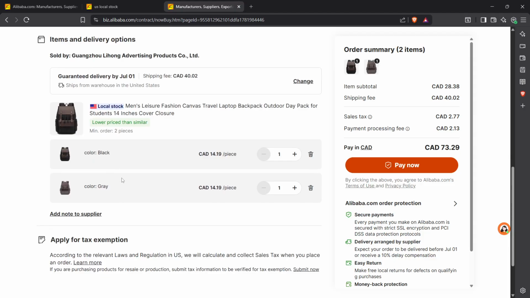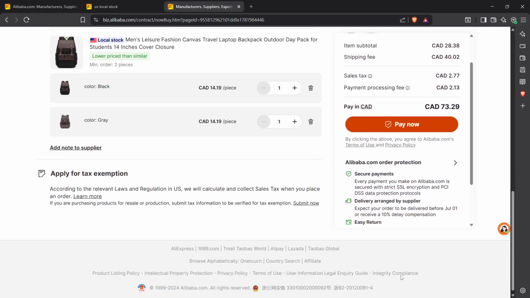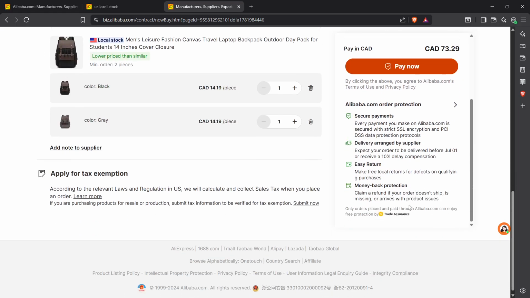With everything in place, confirm the order. By doing this, you officially place the order and engage the Alibaba Trade Assurance protection. This protection is based on the terms you've detailed in the order. It acts as a safeguard, ensuring that the transaction goes smoothly. If something doesn't match, the protection can help resolve issues. Confirming the order is not just a formality, it's a key step that activates the protection you need.